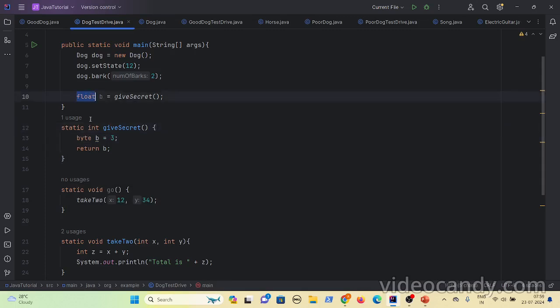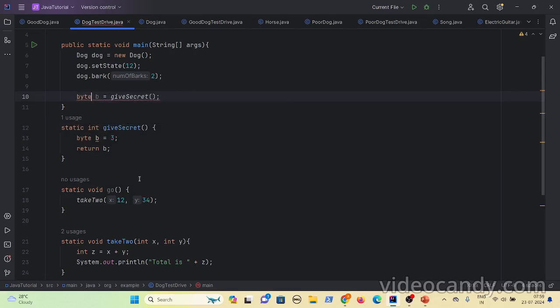Now, what you are doing is, let's say I want byte. If you see here, this type and this type should match. And if this value is larger than, and let's say if I declare float, okay, it did not give error because float range is larger than the integer range. So the smaller integer range values can be put in the float range, right? That's why it did not throw any error.